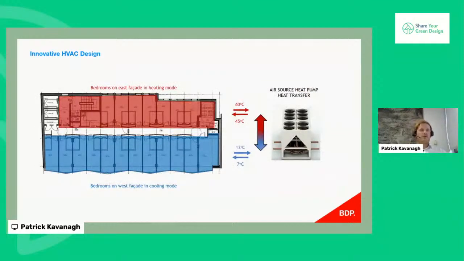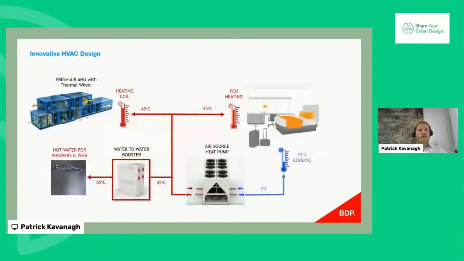So kind of in plan view, you see your bedrooms on the west are in cooling mode even in winter, but on the east facade there's heat loss because they're in shade. So what we use is an air source heat pump and a kind of complex system to transfer that heat across. So what we ended up with, and this is a very simple diagram, but we essentially